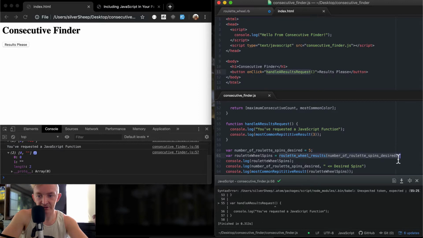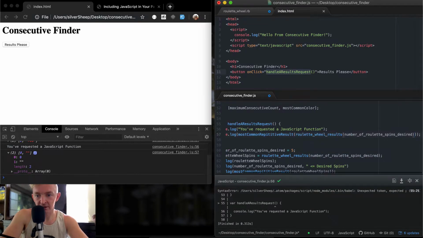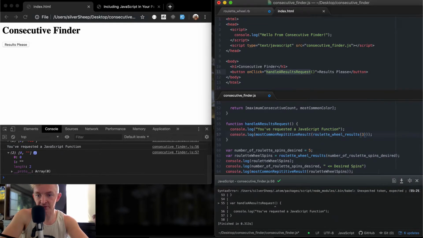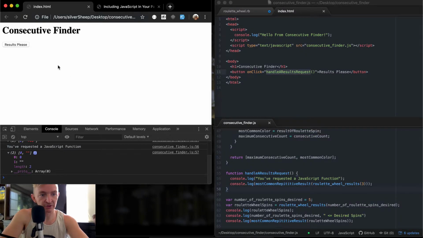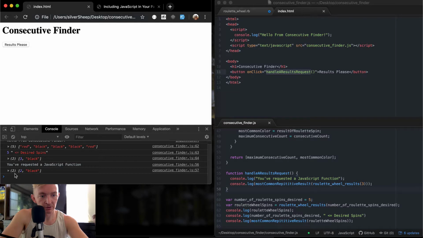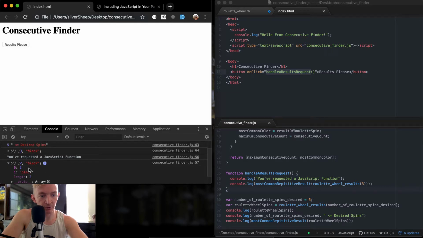So we actually need to do the roulette wheel spins needs to be within here, and the number of desired spins needs to be 3. So I save this and then I refresh this page. Okay, cool. So in that one with the 3, there was 2 blacks in a row. And there we go. Now we're console logging it, but how do we make it so that